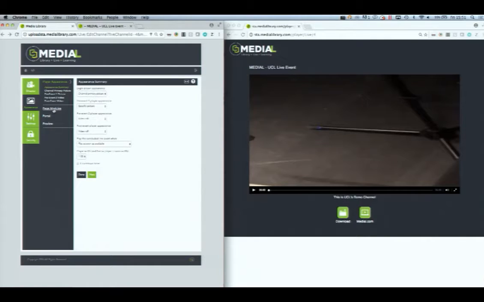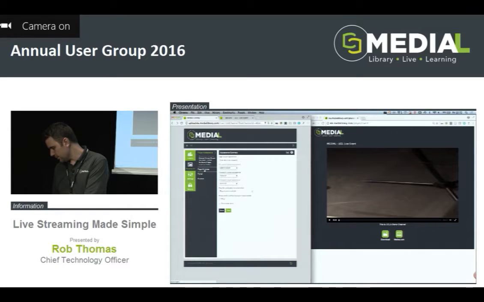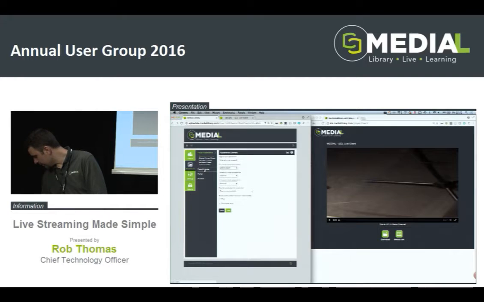The idea here, from the discussions we've had internally about this, is that in V5 we'll provide a live stream that is completely configured, albeit branded as Medial, and then a button that you can click on to send that to... I'm still streaming live. Oh, no, it's crashed out on me. Limited bandwidth, apparently. A button that you can click on to send that